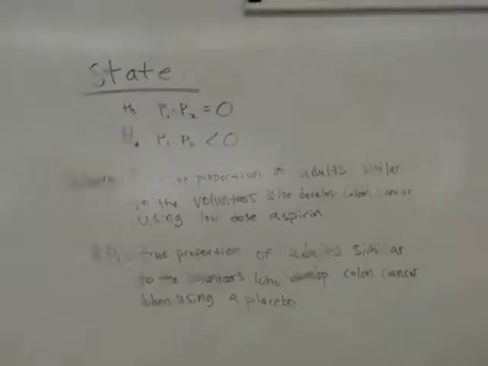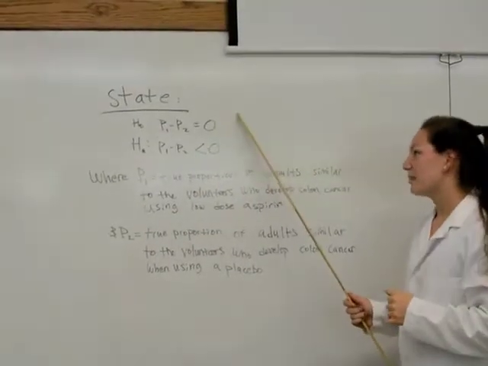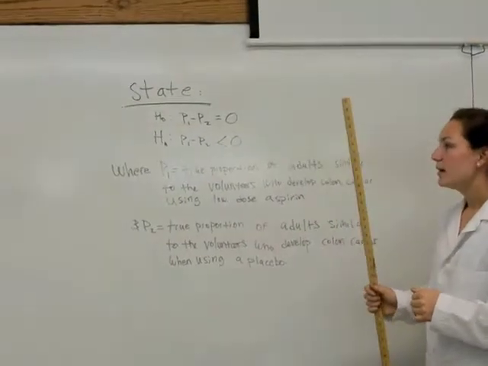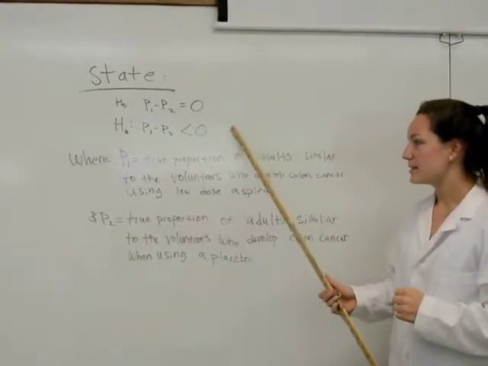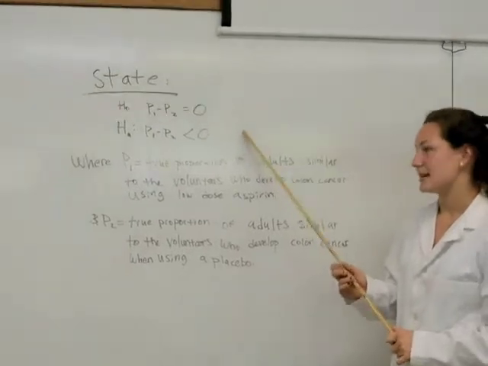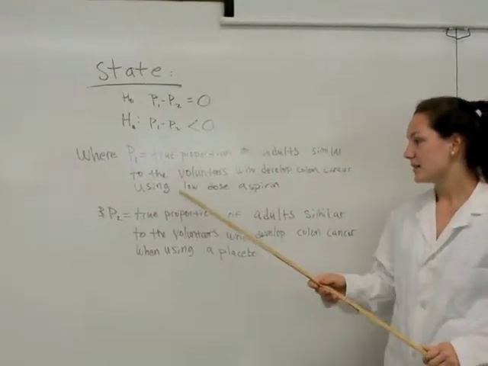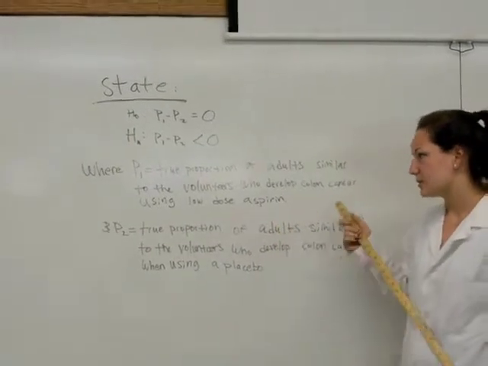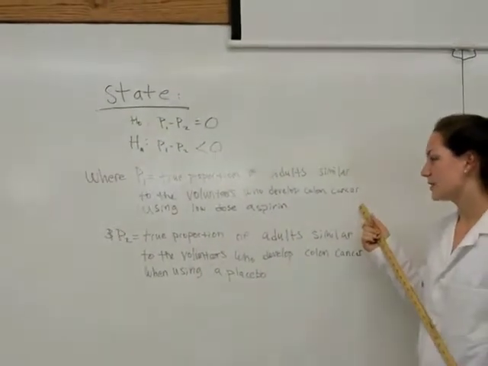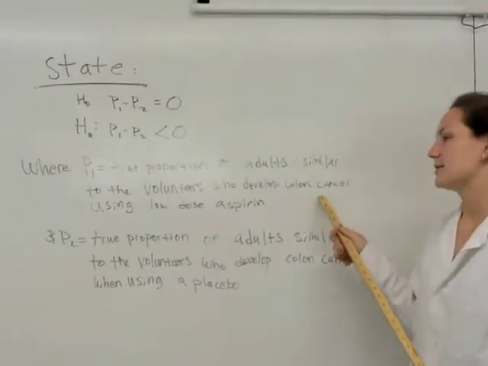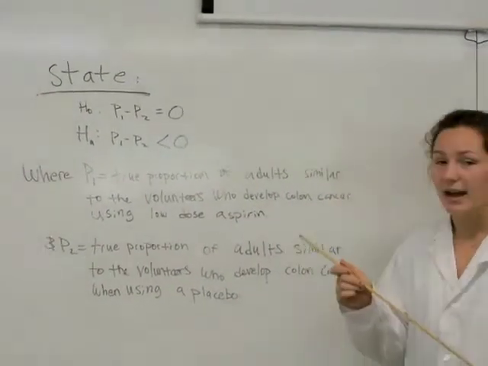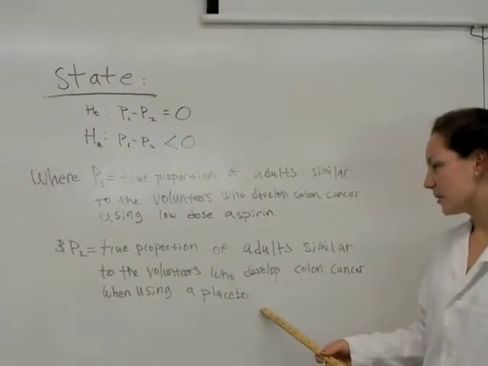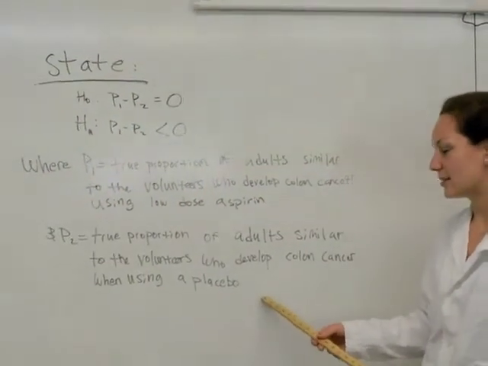the parameters are. So, the null hypothesis was that P1 minus P2 is equal to 0, and the alternative hypothesis is P1 minus P2 is less than 0. The definitions of the two parameters are P1 is equal to the true proportion of adults similar to the volunteers who develop colon cancer using low-dose aspirin. And parameter 2 is the true proportion of adults similar to the volunteers who develop colon cancer when using a